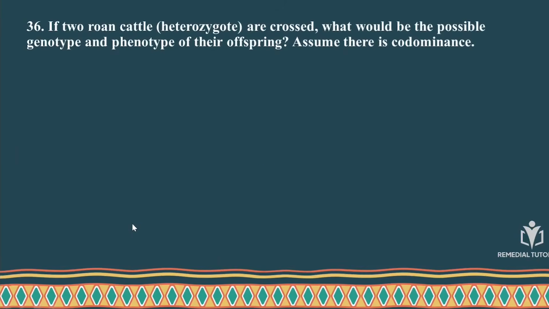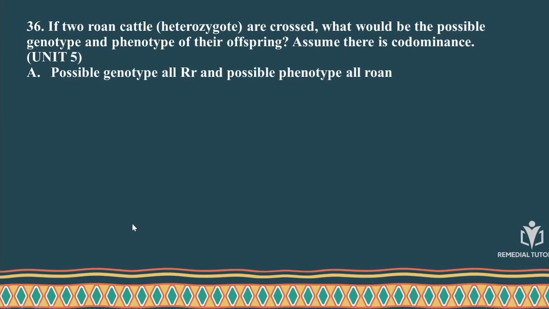If two roan cattle are crossed, what would be the possible genotype and phenotype of their offsprings? ኮዶሚናንስ ካለ ሁለት ሮን ካትሎች ሄትሮዛይገስ የሆኑትን ክሮስ ብናደርግ possible genotype of all